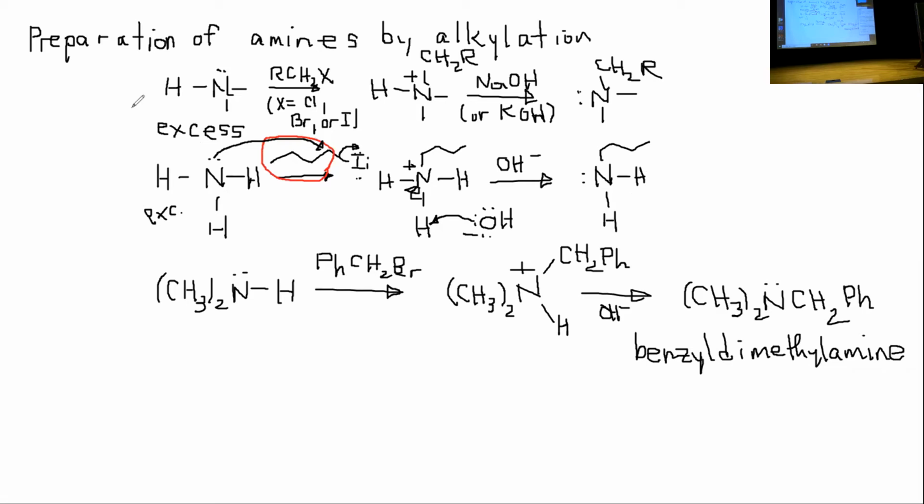And you can also see why, if we were to start with a tertiary amine instead of ammonia or a primary or secondary amine, we'd get nowhere. You'd get to this point with the intermediate with the plus charge. There then is no hydrogen to pull off, no proton to pull off. So it just goes back to starting materials. So you don't get a reversible reaction that way. But as long as you use ammonia or a primary or secondary amine, you're in good shape. And I think that's about all I can think of